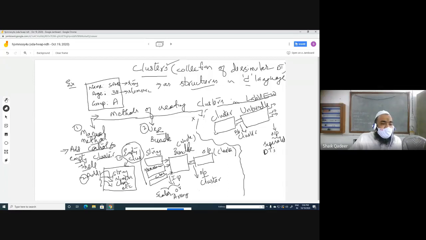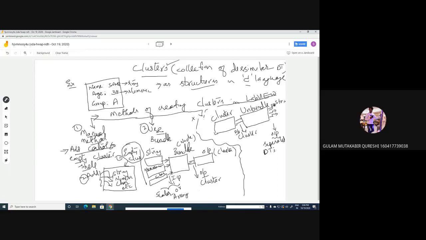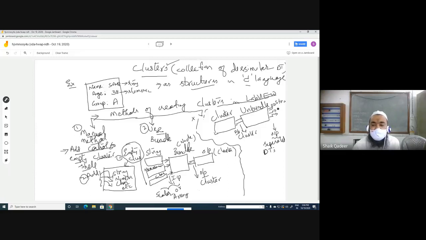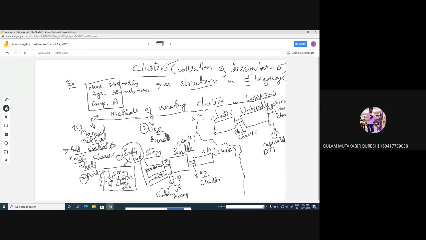Consider the case under consideration. The input was string, numeric, character. When we unbundle, we will get string, which is actually an array, then the second one numeric, and the third one char. These two are scalar, and the first one is what? An array. Very good. Which type of array? It is a character array.